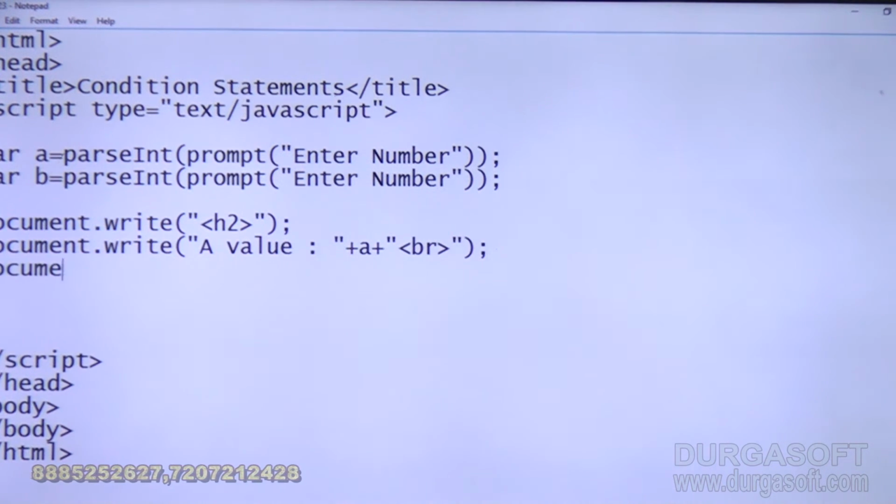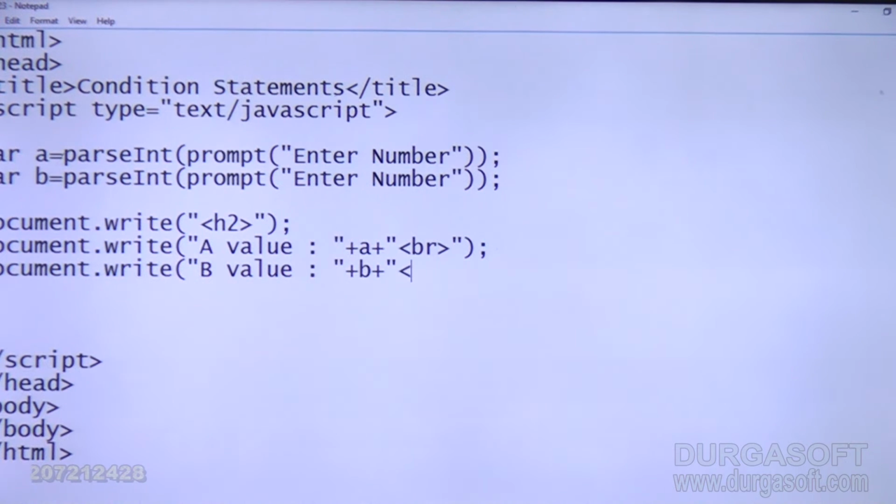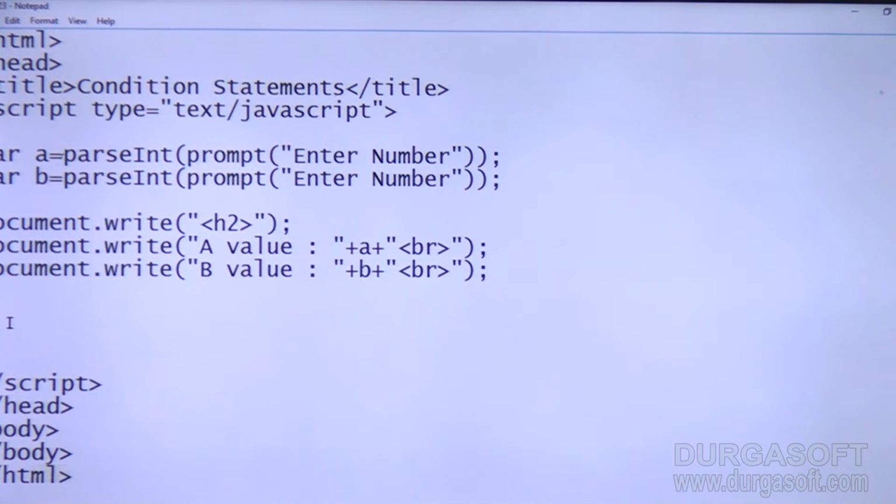Next, document.write b value plus b, break. Like that I am printing a and b values. So if you just see the output,